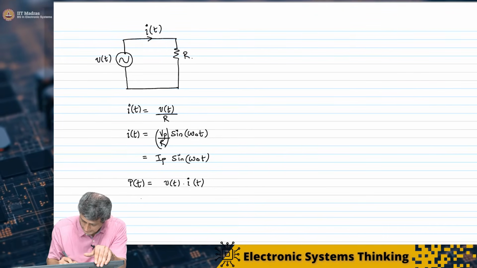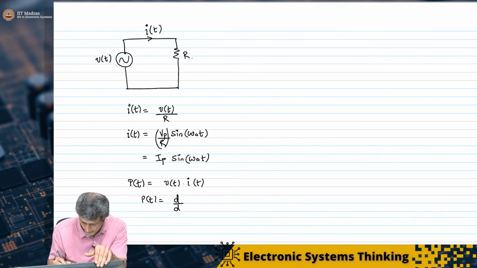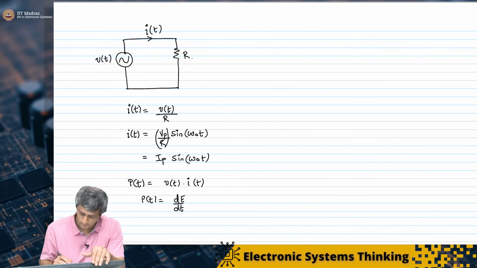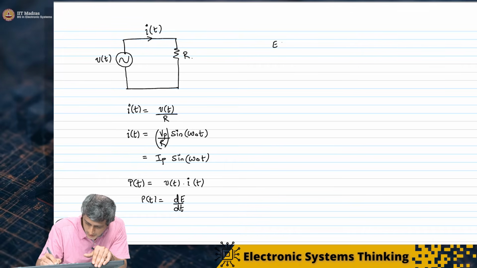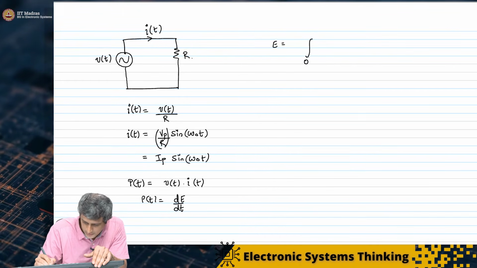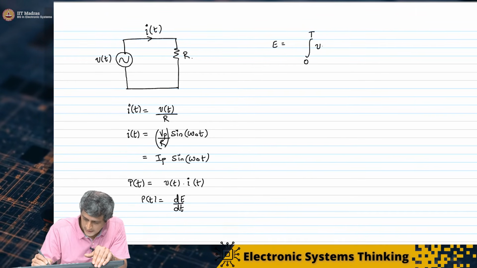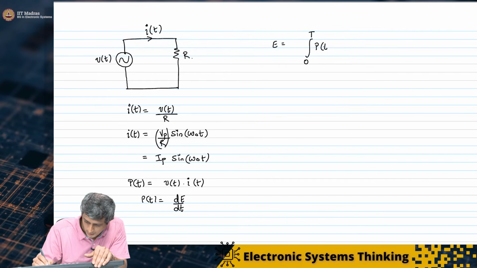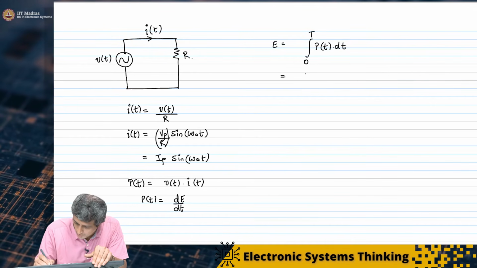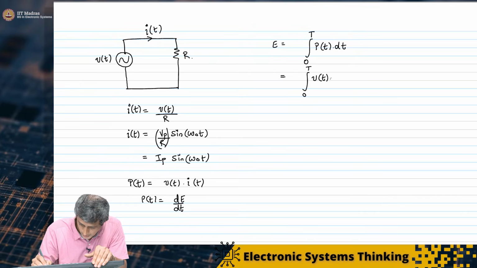So if you look at the power definition, if you remember, it is just the rate of change of energy. Therefore, if you want to look at the energy in one cycle, all you have to do is integrate the instantaneous power from 0 to T into dt. So you can now go ahead and solve this integral from 0 to T of v of t into I of t